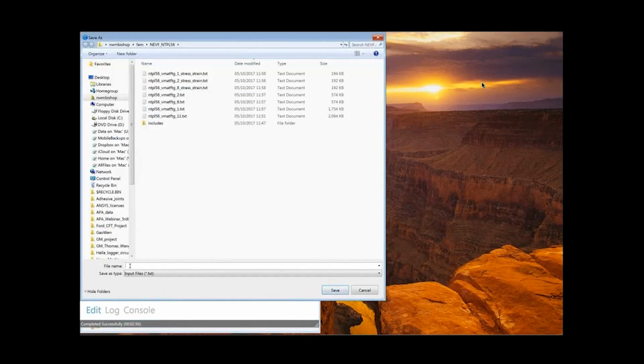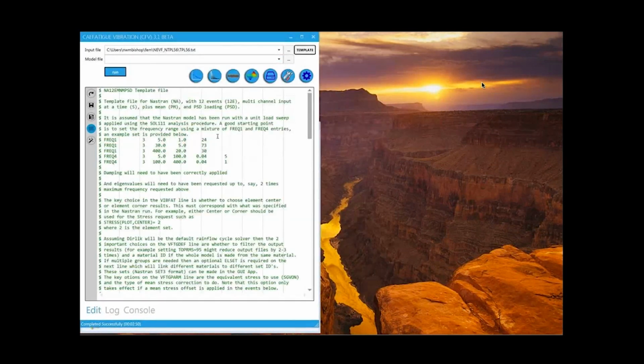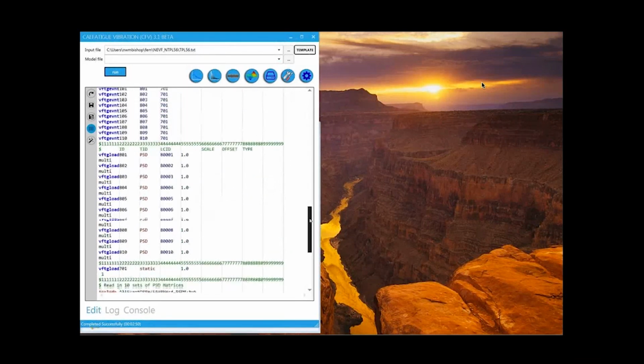It's asking me to save this because I mustn't overwrite the template. So I'm going to call this TPL56. And that's now my CA Fatigue job. Okay. Now, this has everything that we need to run the job, but it's in CA Fatigue